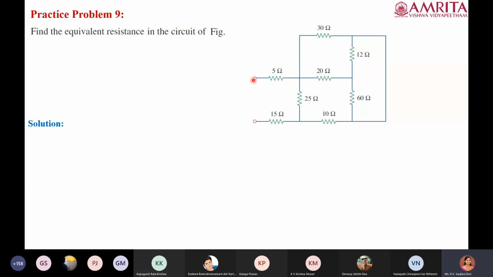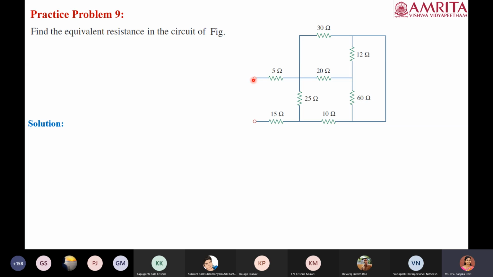Okay, so here, carefully observe the circuit, and only if it is required, go for the transformation, and see which transformation will give you the answer in a few steps. If you carefully observe the circuit, you will be able to understand which conversion you have to do.